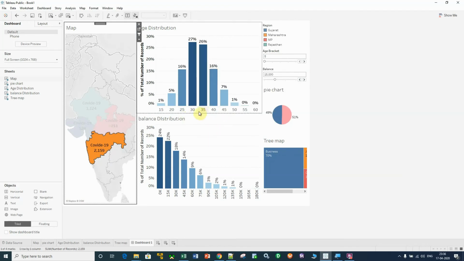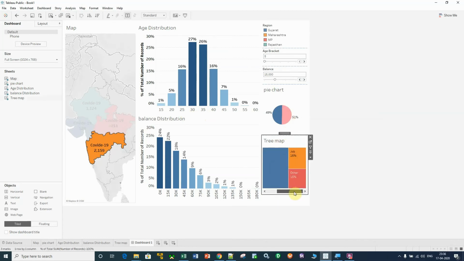And at the age of 30 to 35, 26% of the people are affected, in which 49% are male and 51% are female. And as far as the job classification is concerned, 70% of people are doing business, 16% are doing a job, and 15% belong to the other category. In a similar way, you can do your analysis on the financial basis, right?